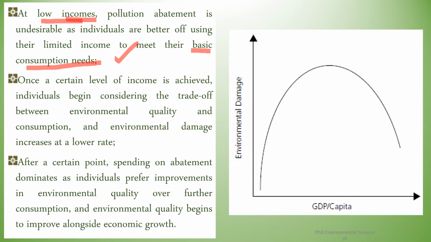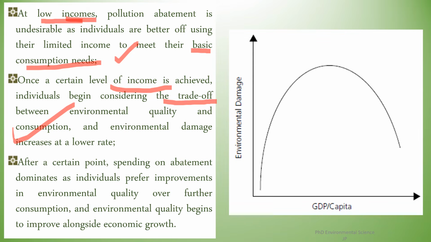As a result, economic activities that generate pollution and degrade the environment are tolerated to drive growth and meet basic needs. Then middle income stage. Now, as the income rises and basic needs are increasingly met, individuals and societies start to consider the quality of their environment. There is growing awareness of the adverse effects of pollution and environmental degradation on health and well-being. At this stage, people begin to weigh the trade-offs between further consumption and benefits of a cleaner environment.